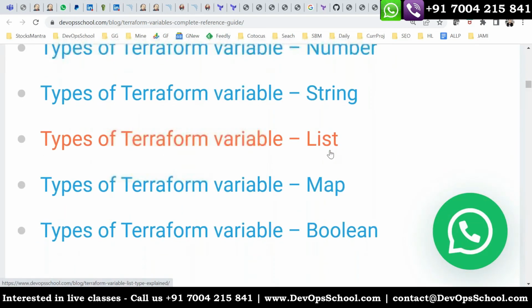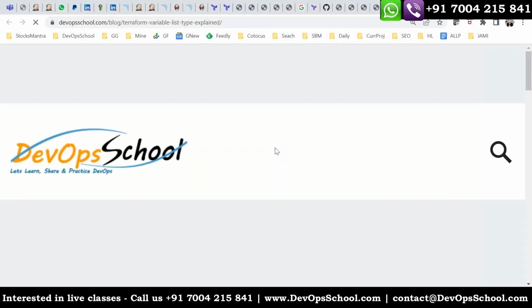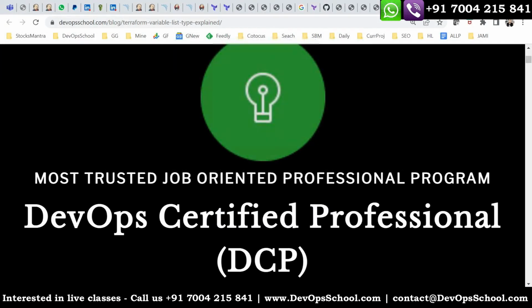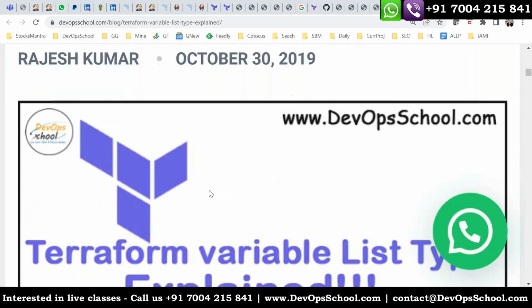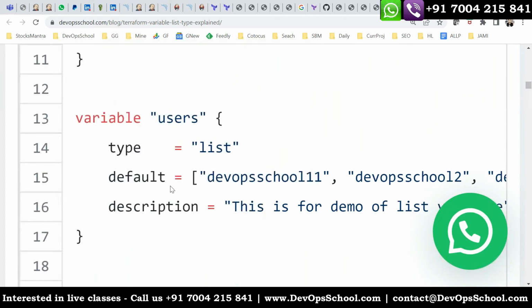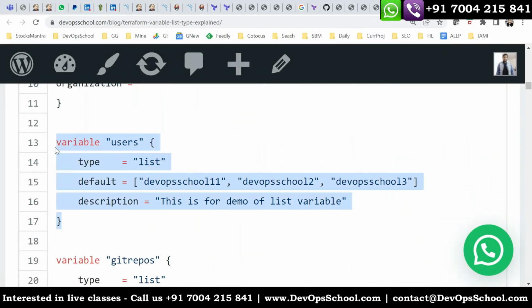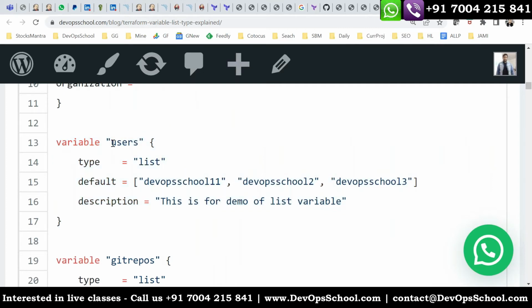Now the third one, list. Look at this. This is the variable in list format. The variable name is users, and the type is list.